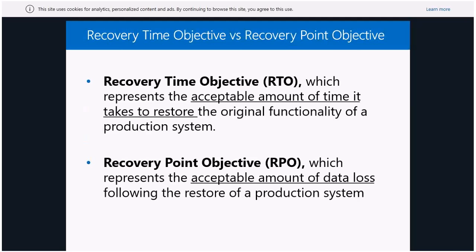The second thing is the RPO, the recovery point objective: how much data can we, or will we, lose if a system goes down? For example, if you are doing a daily backup, the backup starts at, I don't know, 11 p.m. or let's say 2 a.m., and you get a full backup of the Exchange server.